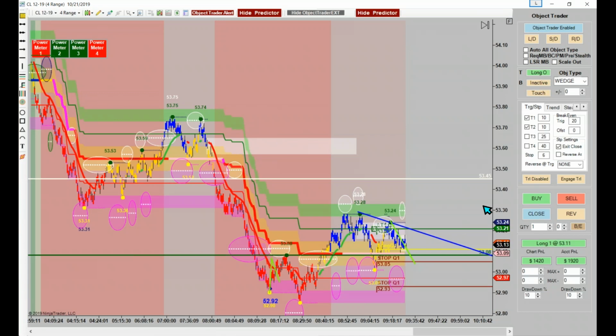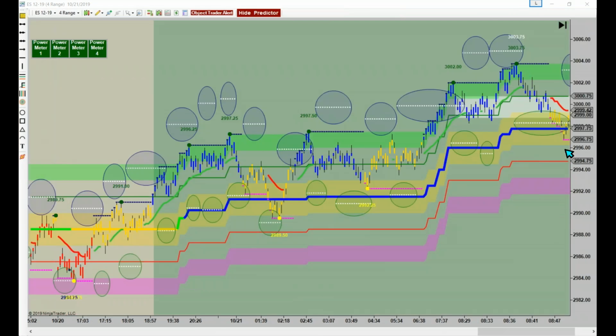Okay. Now, what does everybody think about this particular way of trading? And let me show you something on ES real quick. I'm going to pause the screen for just a second and ask you a question. All right, this is what was happening in ES as we were looking at this market this morning. Okay. Now, you got a trend line right here, right? You got a box right here. It is breaking support, but it didn't break what we call lightning 3 at all. Lightning 3 is way down here. Okay. So this was that box